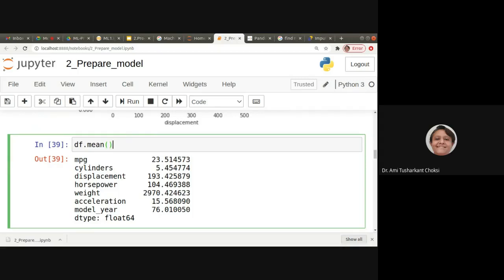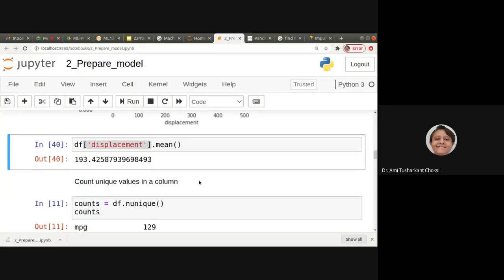So df of displacement, which we have to write in single quotes, right? This is the column name. When we tried without giving any particular column name, we got 193.425879.